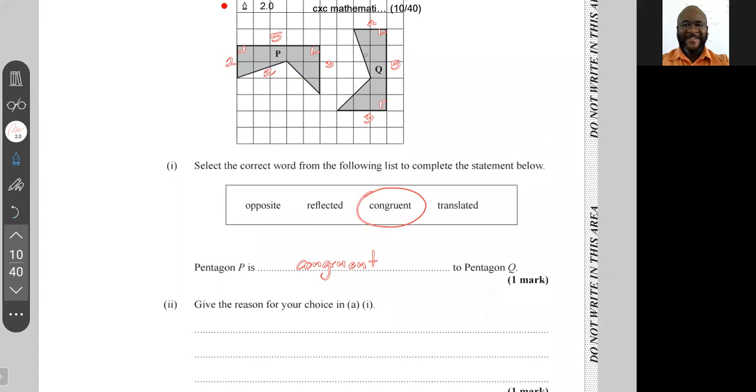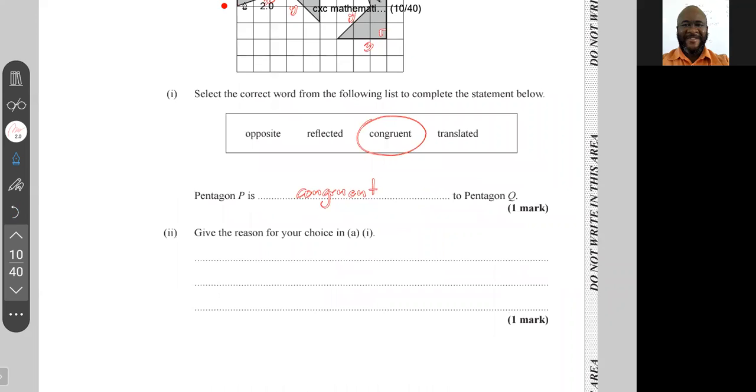If this is X, this is X. This is also X. Sorry, this is X. And if this is Y, this is also Y. The lengths of the sides for all 5 sides are the same. The lengths are the same. And the angles are also the same. So to give the reason why we say it's congruent, the lengths